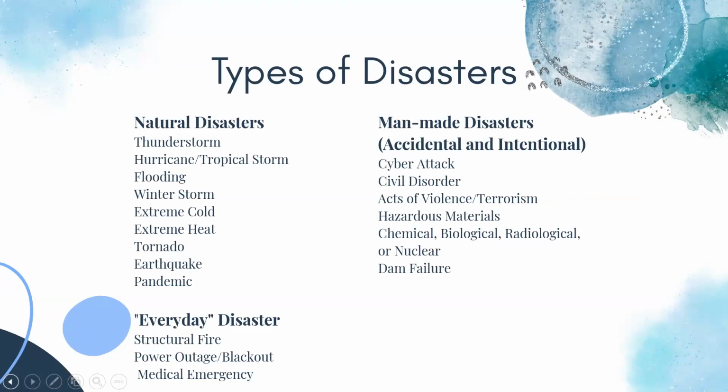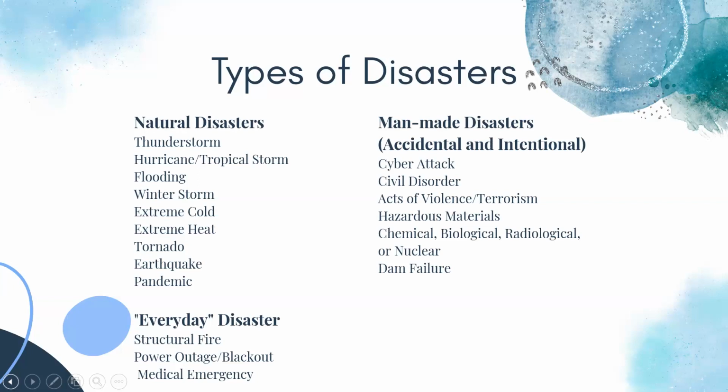And then we also have our man-made disasters, accidental or intentional. So one that I didn't always think about was cyber attacks, but that can be very damaging to institutions that have a lot of collections online now, or guides to their collection. So having that down or corrupted or unable to be accessed is very much a big risk. Civil disorder, having people not be able to get to your library, especially if you're downtown or in an area where that's being